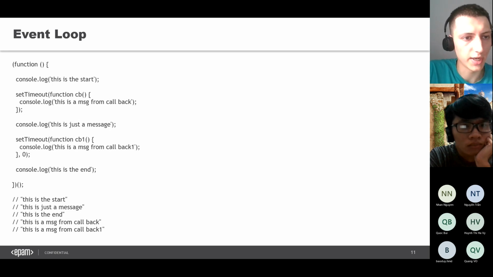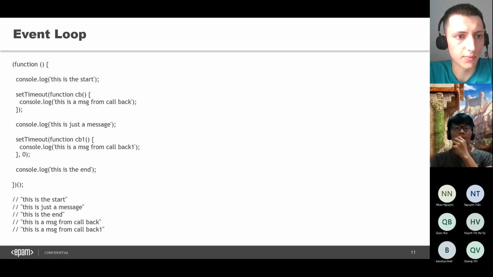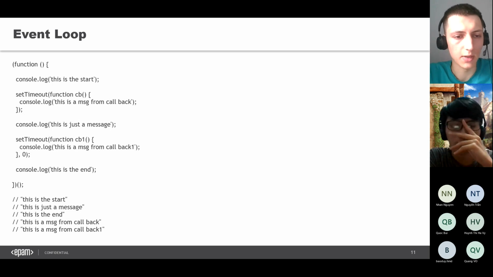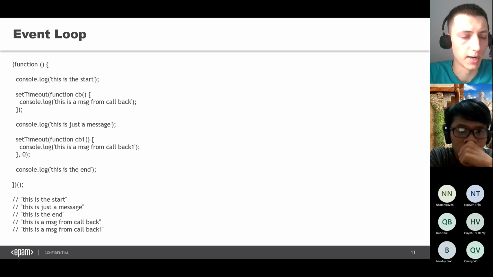First of all, we run all the synchronous code: the first console log, then the second console log, then the last console log. After these console logs are executed, our call stack will be clear, and Node.js will go to the first phase, which is timers, and check if there are any timers just waiting for execution.